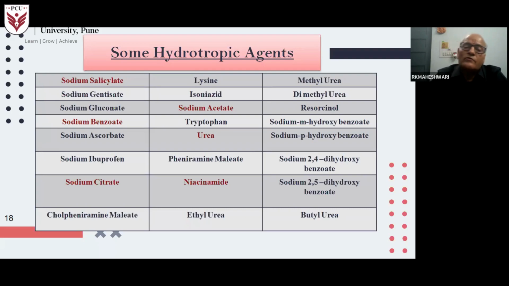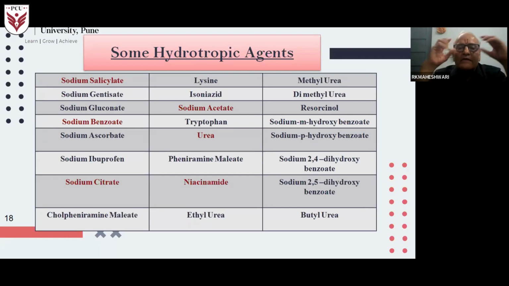Hydro means water. I told you that. So here two words are important. Poorly water soluble drugs' solubility will be enhanced with a concentrated solution of a hydrotropic agent. So now here the definition of hydrotropic solubilization is this. This slide gives the examples of hydrotropic agents. When there is enhancement in aqueous solubility, this is now the definition